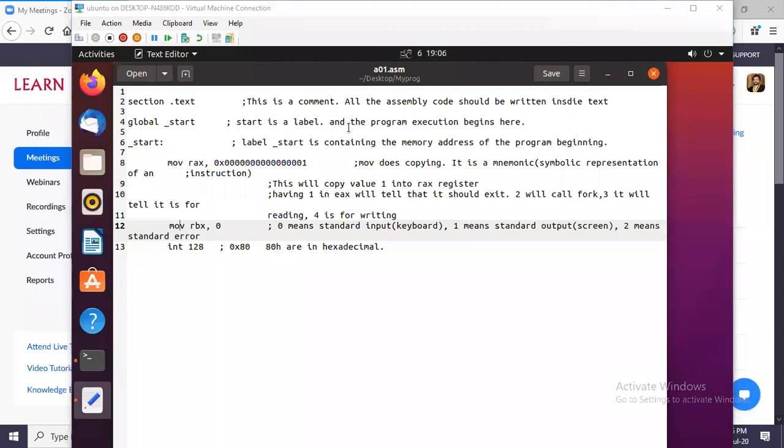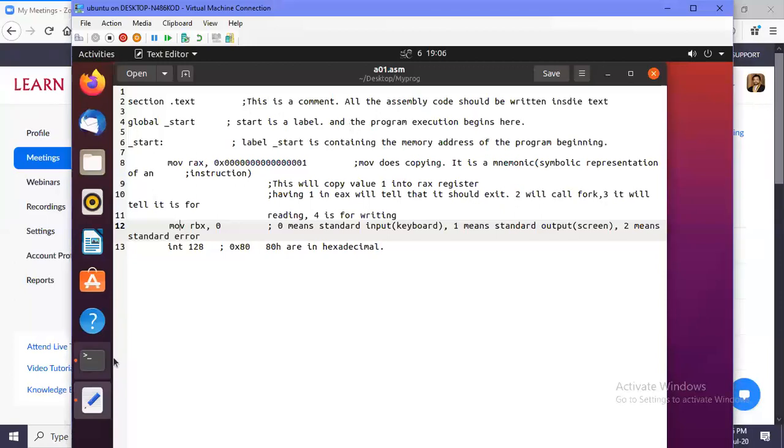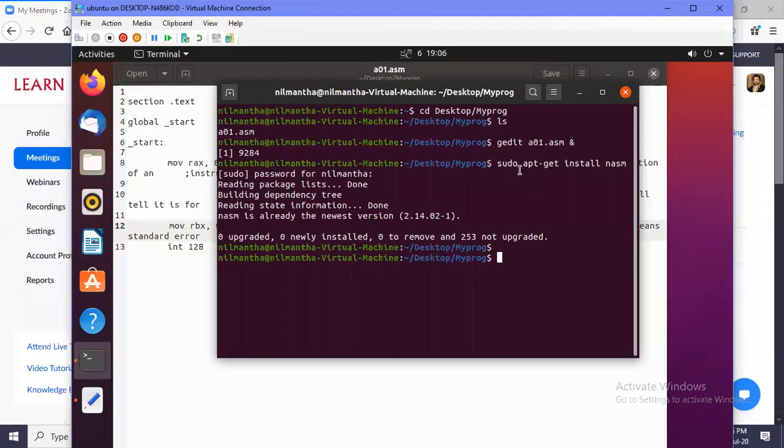Today we'll discuss how we can assemble this. As I have told you, you need to install the NetWide assembler. So the command is NASM, standing for NetWide assembler.